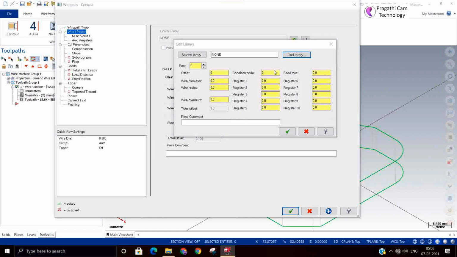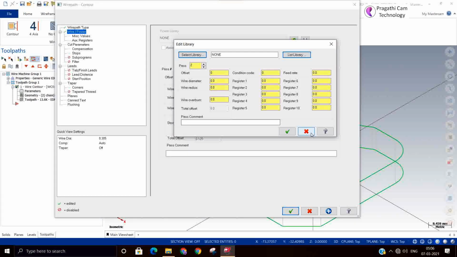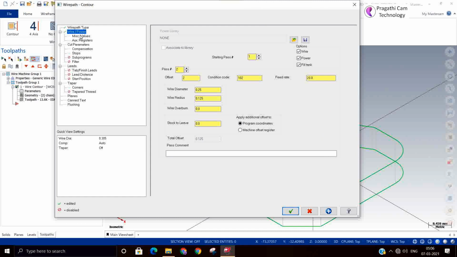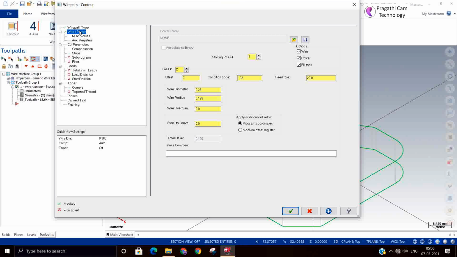So it basically depends on the machine. Other than this, you can change the library also, but here the file path is changed. You can change the file path also.